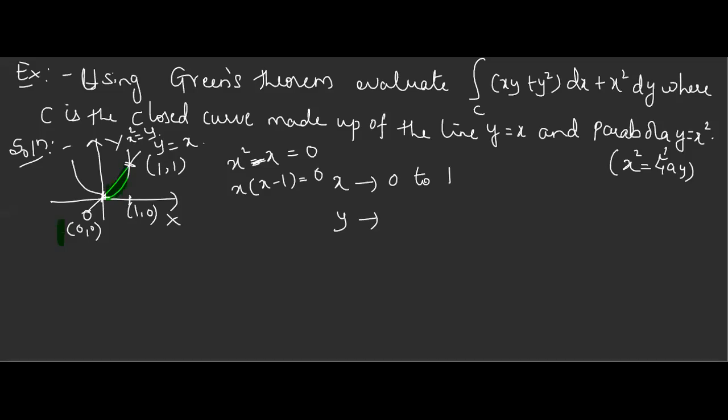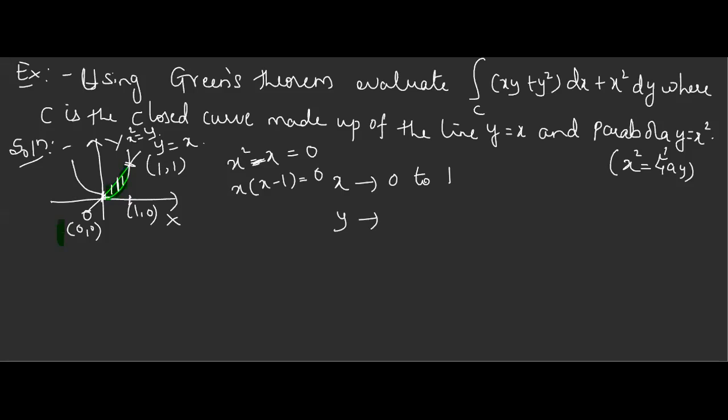You can even take constant limits for y, but then the line and parabola will not take any part in the evaluation. That is the wrong way. You have to take variable limits. If I want variable limits for y in the region, you take a line parallel to the y-axis. It may be here, here, or here, but in the region only. Now observe the lower side, where is it lying? Is it lying on the line, the parabola, or the x-axis? It is on the parabola.